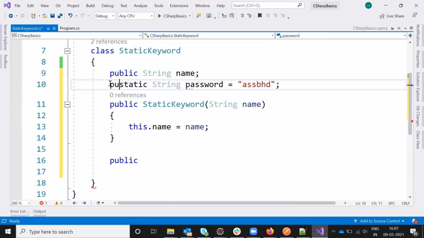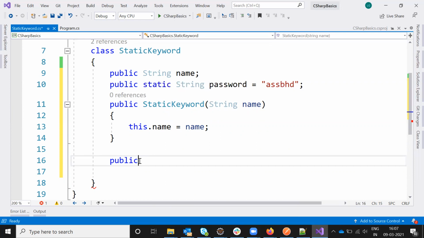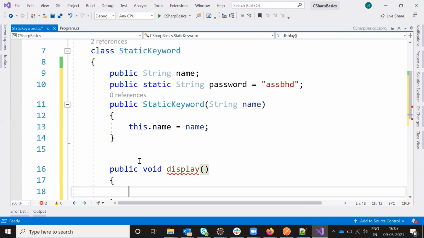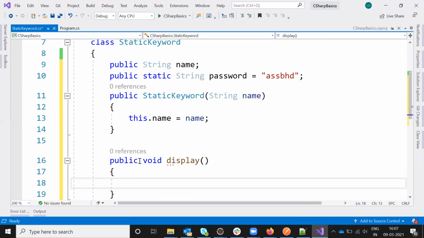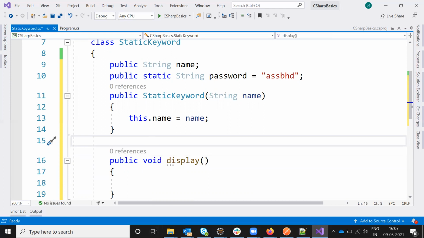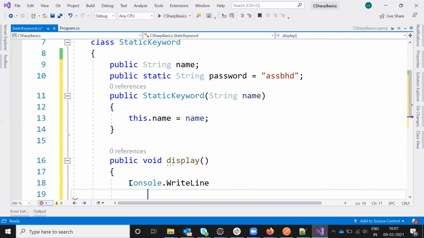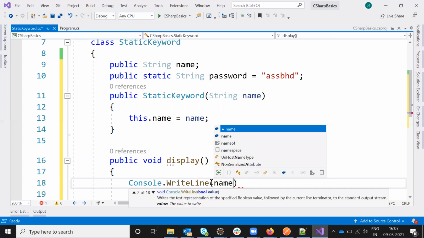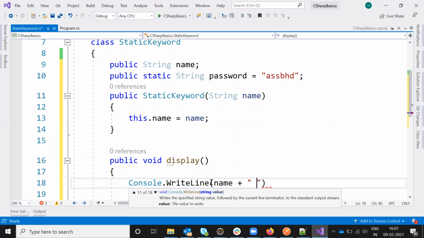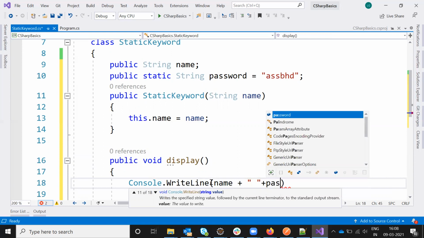And I'm going to use this one: void Display, Console.WriteLine, name plus password.